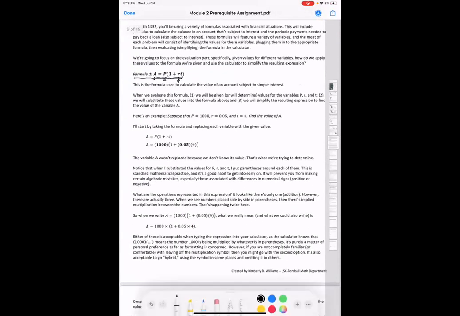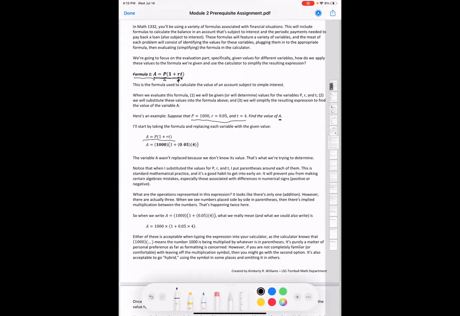So in the question, they will provide you some information like P, R, and T, and let you find A. You use your calculator to find A. Use the formula A equals P times 1 plus RT, and plug in all the information they provided to you. And see here is 1,000 times 1 plus